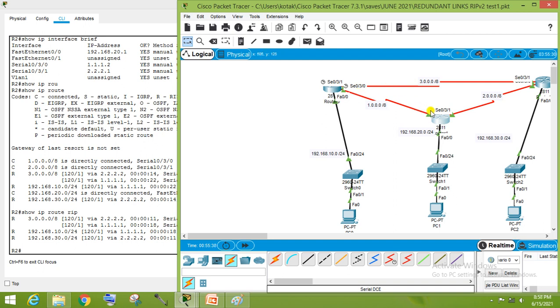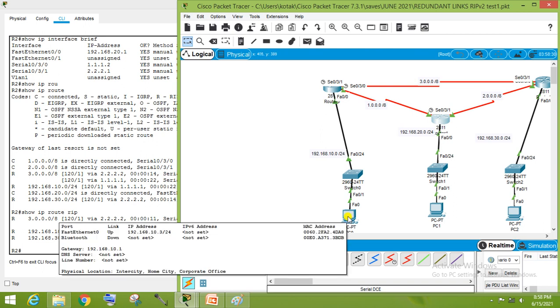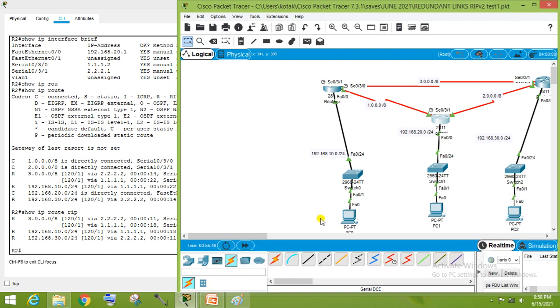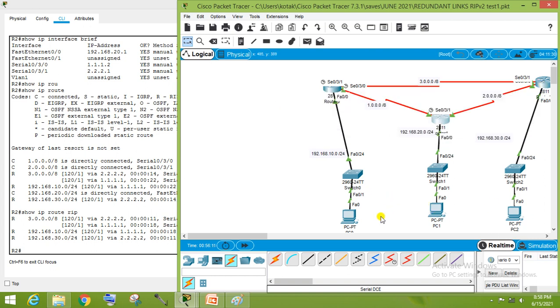Okay, so suppose this PC wants to send data to this PC, we have to check which path this PC will prefer, by going this way or this way. If this PC goes by this route, how many hops are coming? Only one hop.